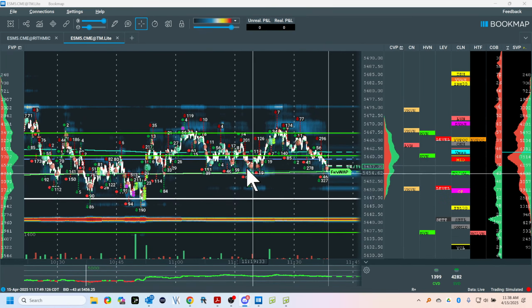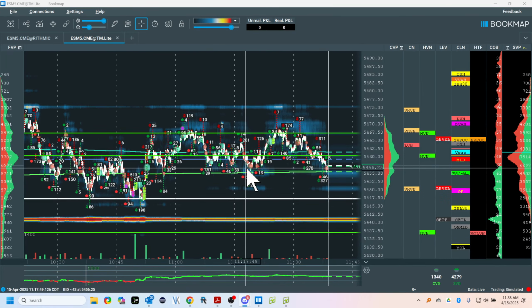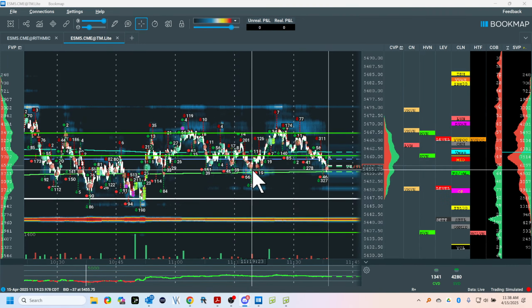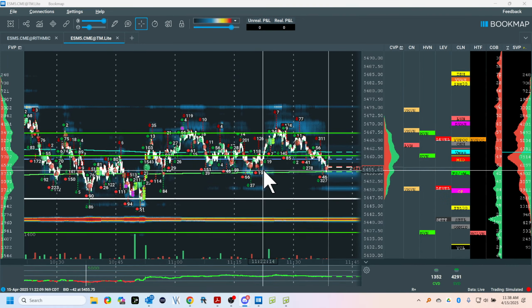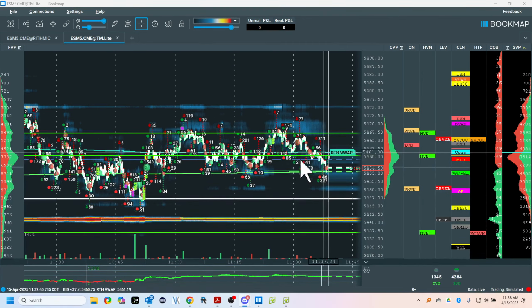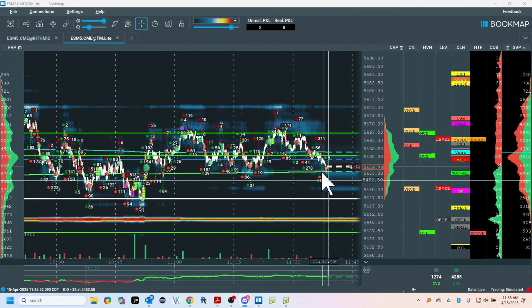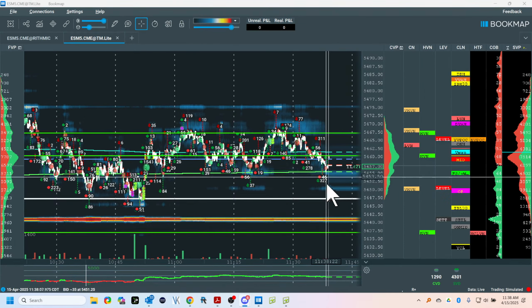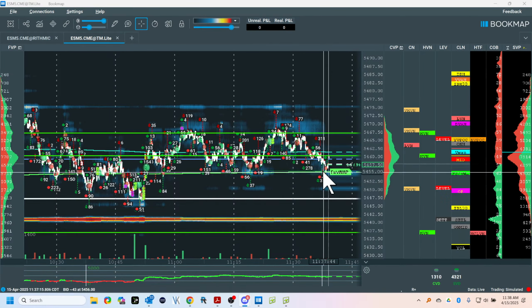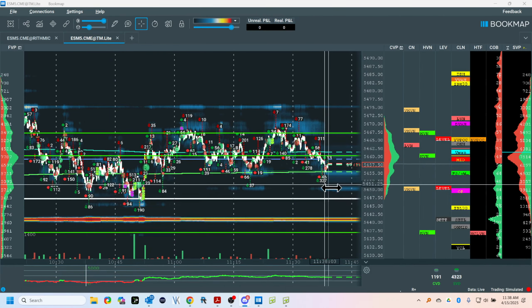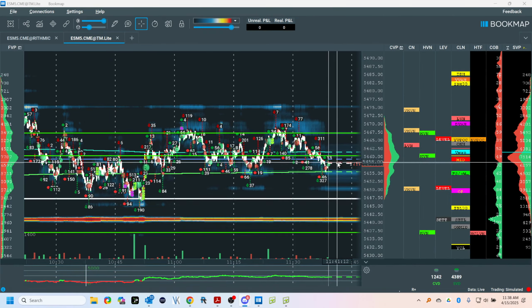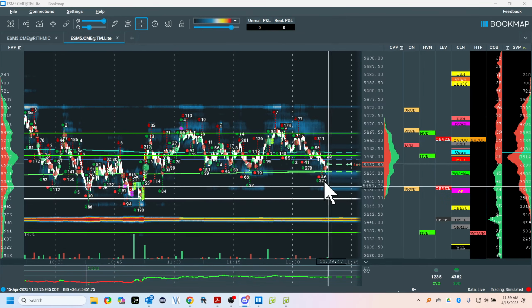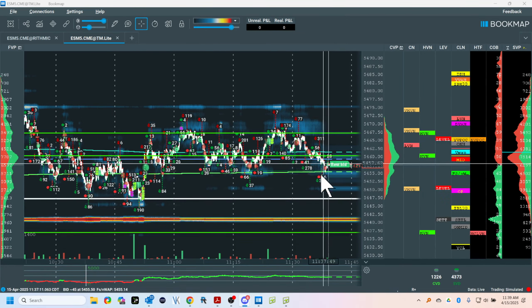Why would the market come here? This is auction market theory and market mechanics. Why does the market come over here? Because there's sell stops. If I come down into the stops, there's my icebergs who are buying. If I pop into this, then I want to see if I get absorption, and then I'd come back here. I already know where my next trade would be, not a recommendation.